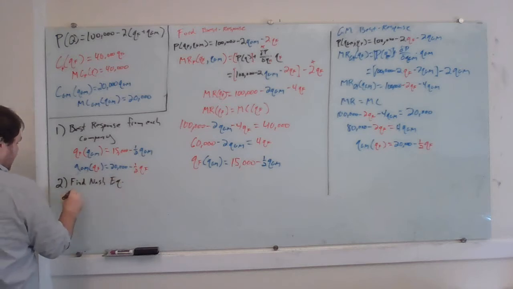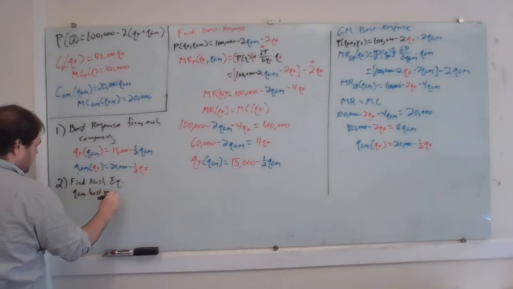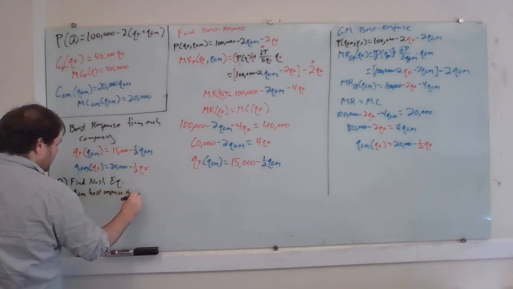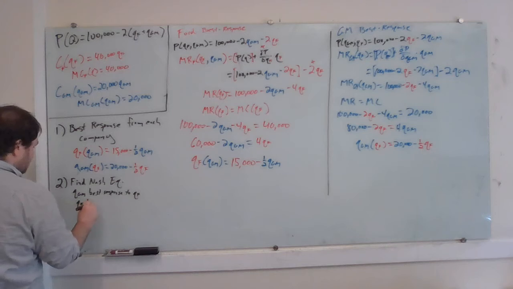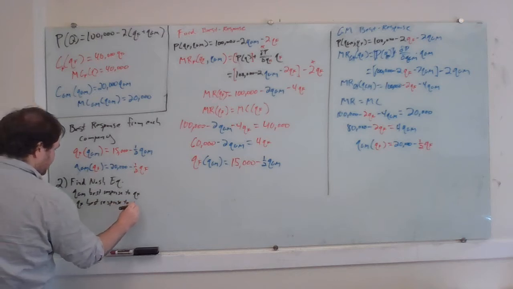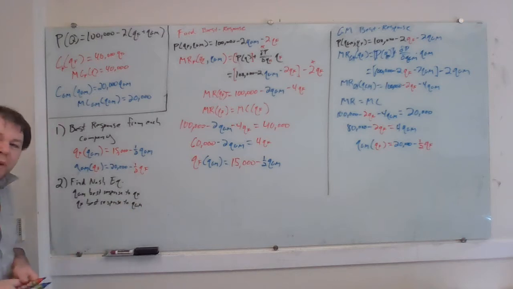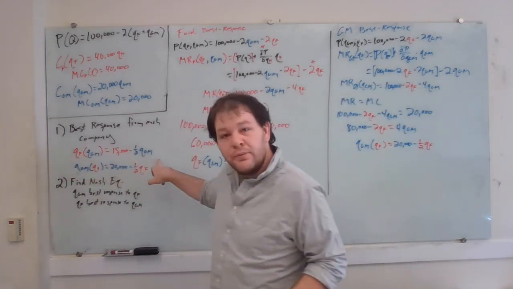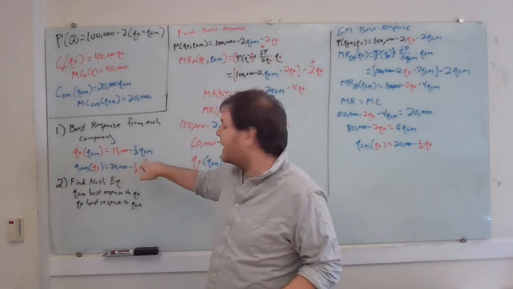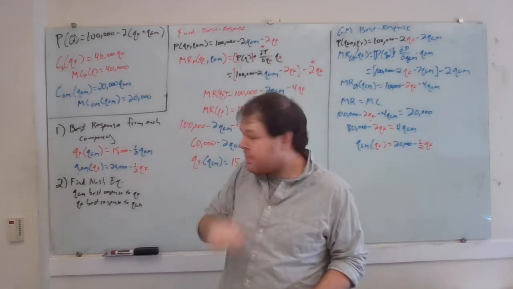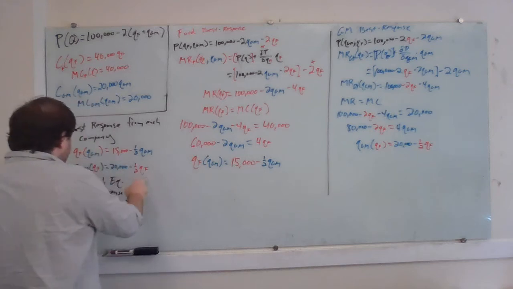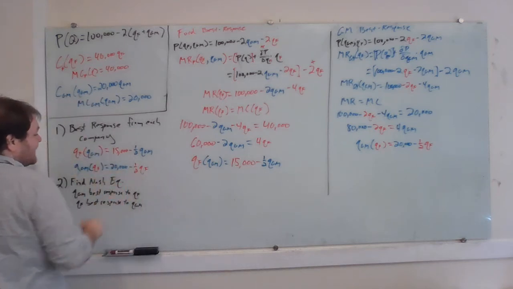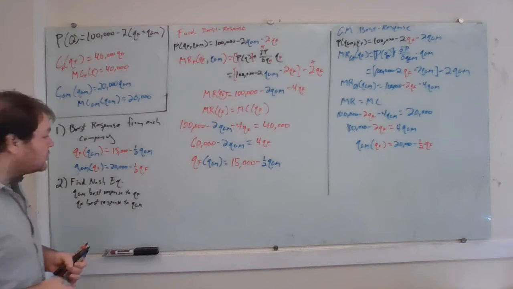This is going to be where QGM is a best response to QF, and QF is a best response to QGM. Great. So how do we do this mathematically? Well, if QF is a best response to QGM, QF has to equal 15,000 minus 1/2 QGM. Does this make sense? If QGM is a best response to QF, QGM has to equal 20,000 minus 1/2 QF. So what we can do is say,